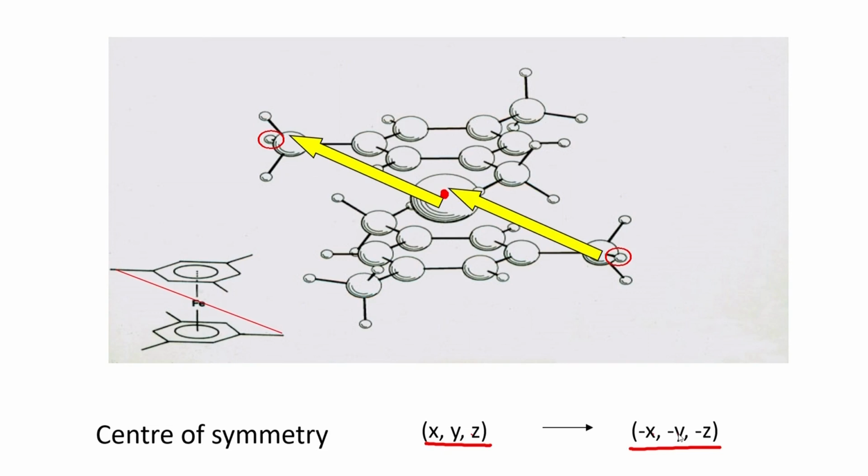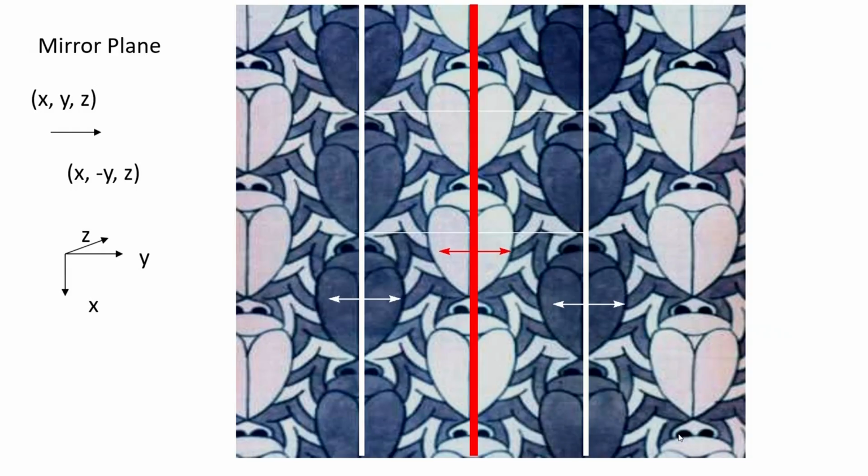So, I thought I will give an example with an object of indirect congruence. Objects of opposite or indirect congruence can also have mirror planes. This is an example where I have again used Escher's diagram in order to illustrate the presence of a mirror plane. We talked about points, centers of symmetry. We talked about axes of rotation about which the rotation takes place, 1, 2, 3, 4 and 6. We have the point of symmetry, which is the center of symmetry.